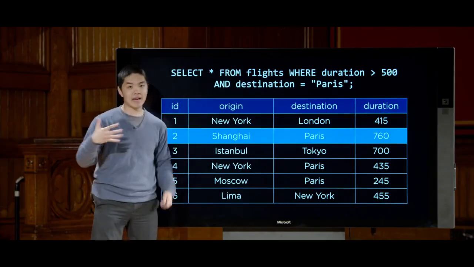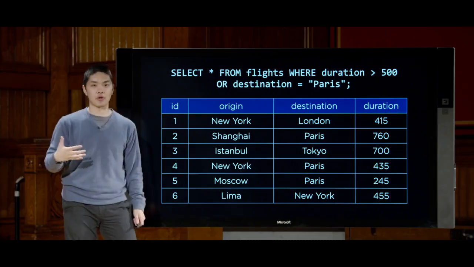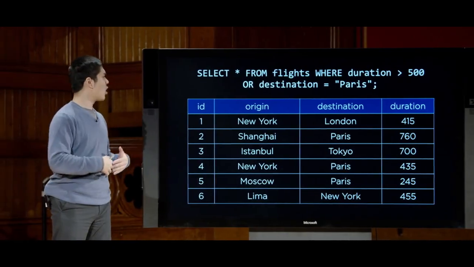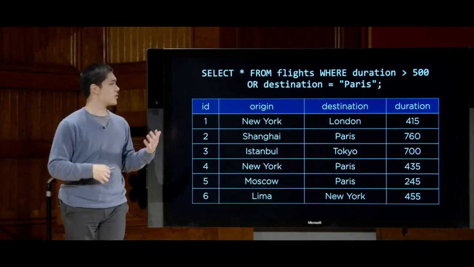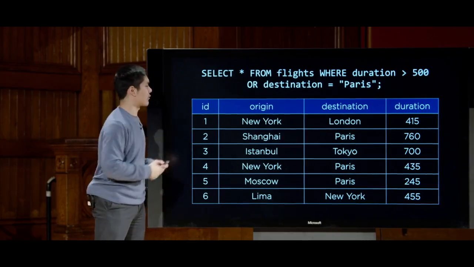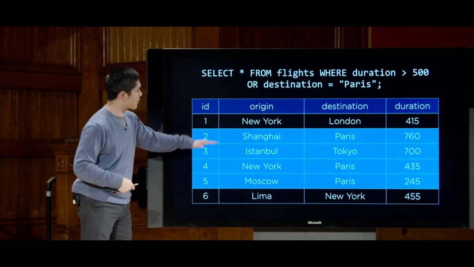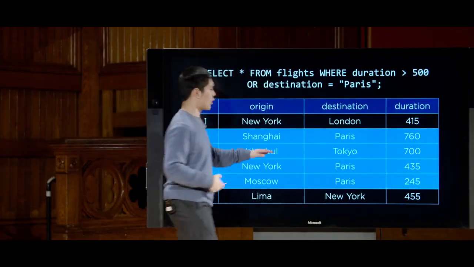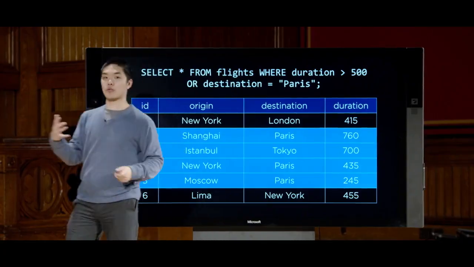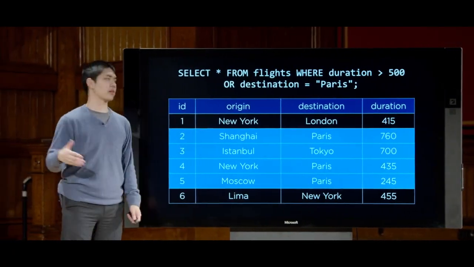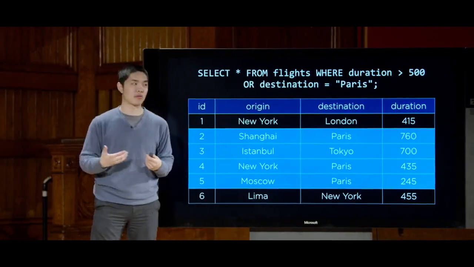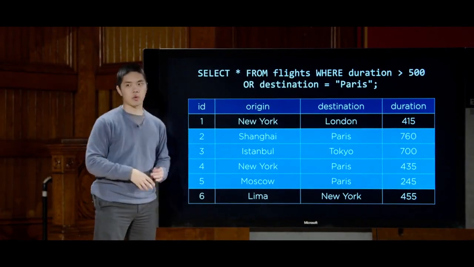Of course, instead of using AND, I could have also used OR to get a different query, where now I'm looking for all of the flights longer than 15 minutes, or longer than 500 minutes, or the destination is Paris. So as long as either of those conditions are met, I'm going to get results back. And so what I get back are some of the rows where the destination is Paris, some rows where the destination isn't Paris, but the duration is more than 500 minutes, and of course, any row that satisfies both of these constraints, in particular, flight ID number 2, gets returned as well